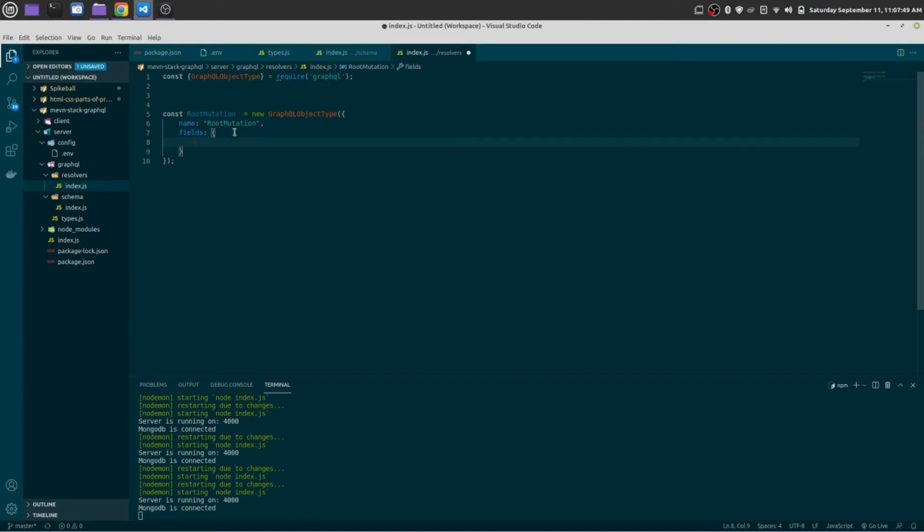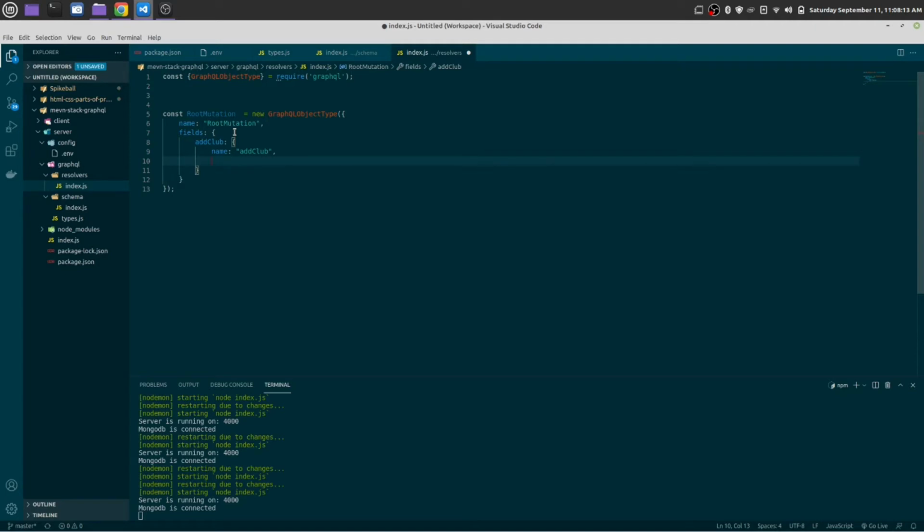Okay, so let's make our first mutation. At first mutation will be add club. Okay, here we'll have name of add. Try to make all the names unique. This is not necessary, but I recommend you to make those unique.